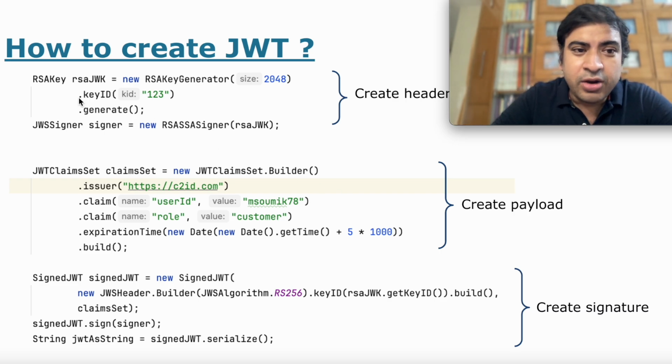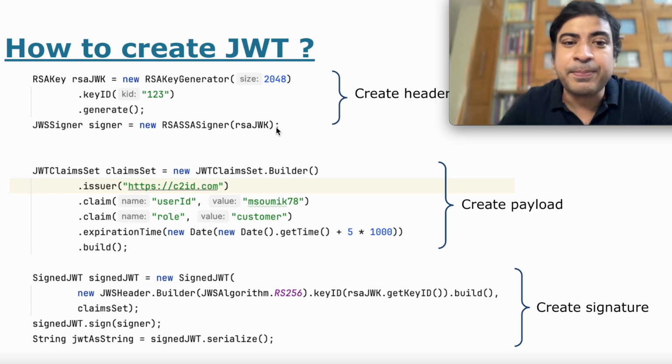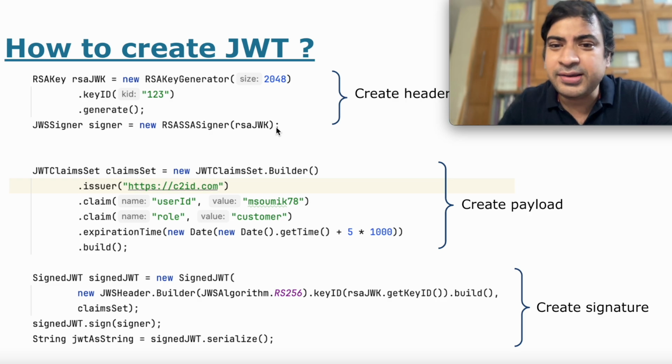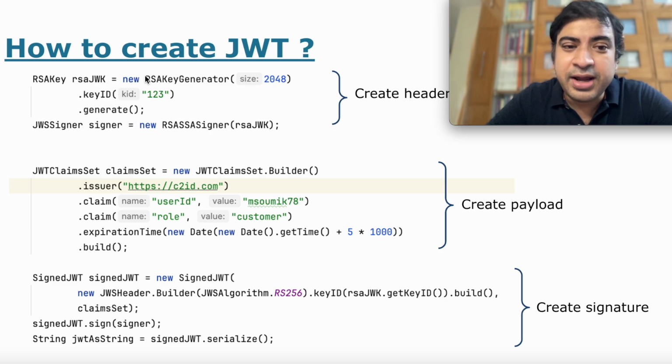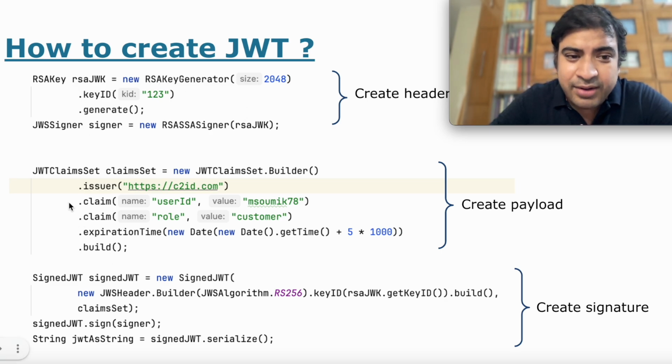at a high level. On top, what you can see is how we are generating the public and the private key pair. Normally it is recommended that we should create a JWT with an asymmetric key and not with a symmetric key, because a symmetric key is much easier to get hacked. So we are here generating a public-private key pair using the RSA algorithm, and then we are creating the